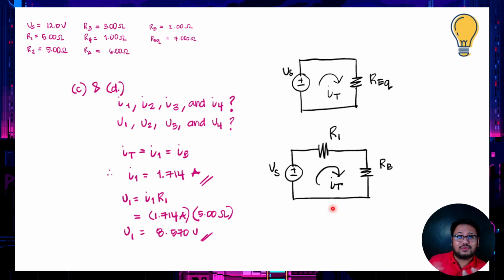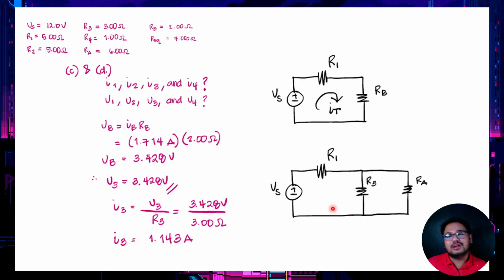So we could get the voltage drop, or the voltage across RB. This is vital because it will pave the way for us to solve the voltage across R3. So let's get VB first. The voltage across our RB is just equal to IB RB. So that's 1.714 amperes times 2 ohms. So it will give us